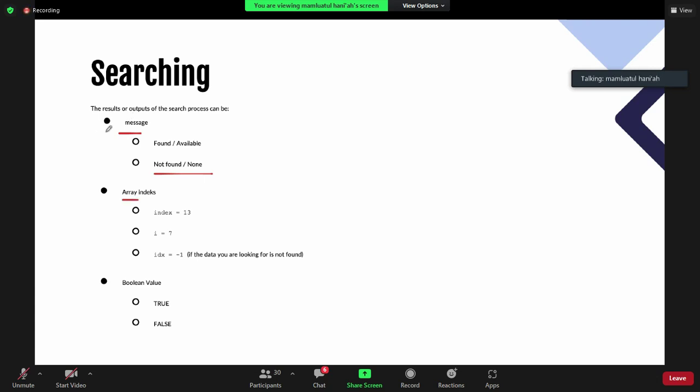Or you can give the output as the array index, maybe the data found in index 13. Or if your data is not found, there is no data, you can set your index equal to -1. Why do we give -1?